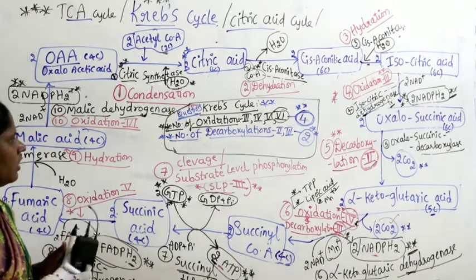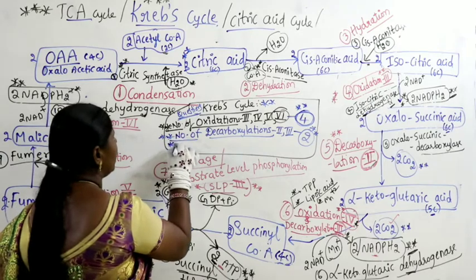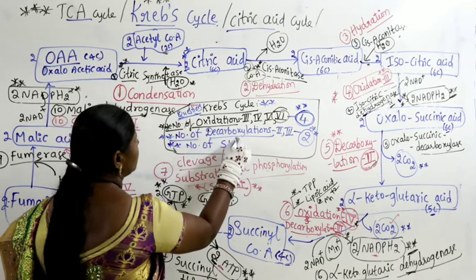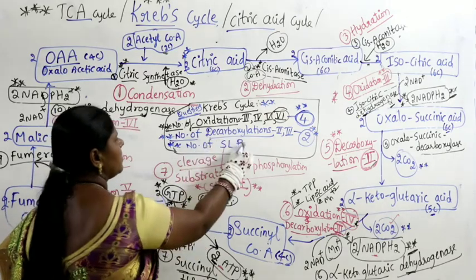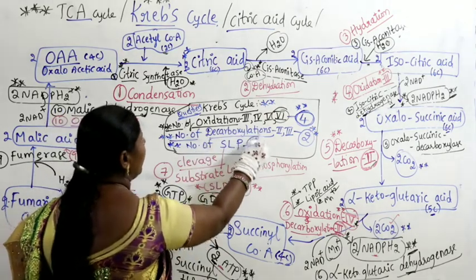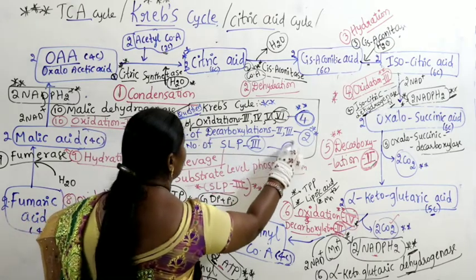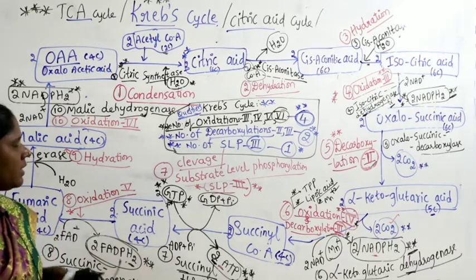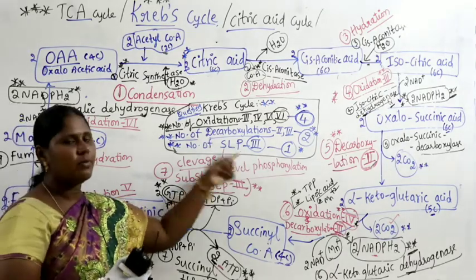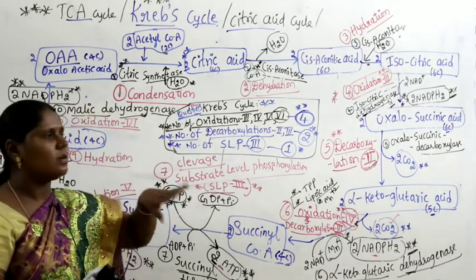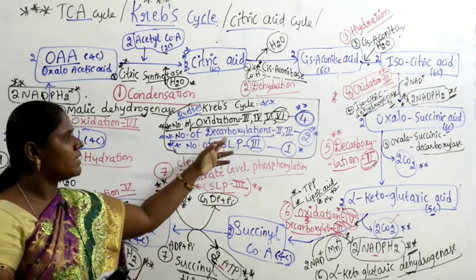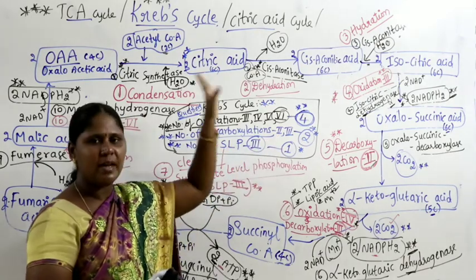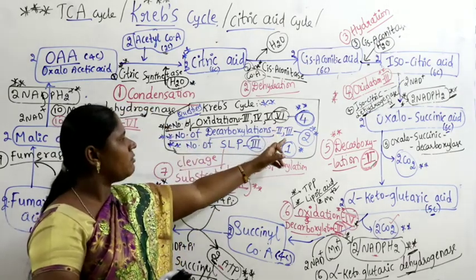Very very important: the number of substrate level phosphorylations. It is number 3, but the number is only 1. One substrate level phosphorylation happens in the Krebs cycle, but it is coded as 3 because 1 and 2 happen in glycolysis. There are 2 decarboxylations, but number 1 already happens in the link reaction, so these are 2 and 3.